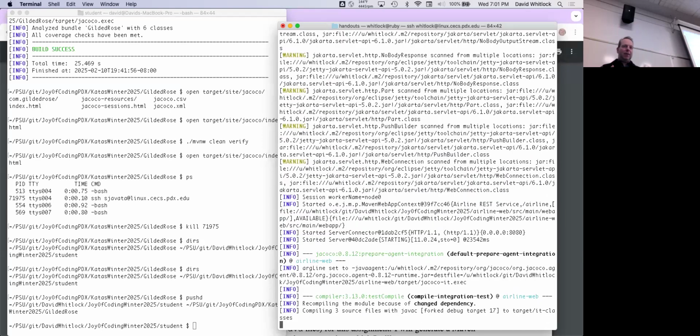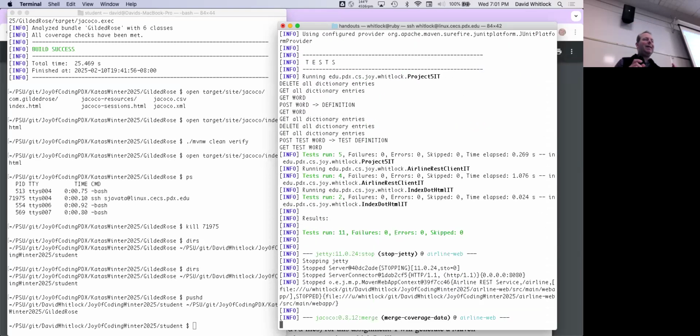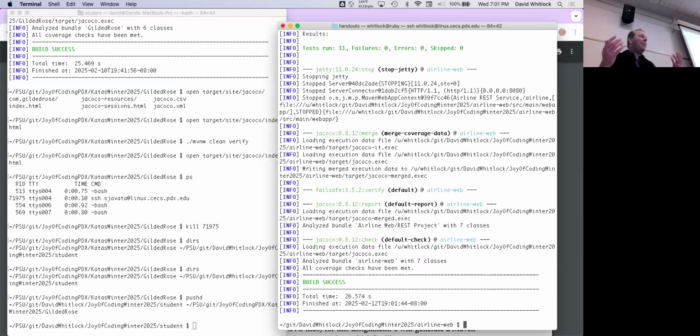The biggest difference, conceptually, between the first projects and Project 5 is that now it's a distributed program. You have two processes talking to each other. You have two Java virtual machines talking with each other. You have the long-lived web server, and then you have a command line program that comes and goes. And what we're working with is both of these programs, and we'll see not only how to develop them, but more importantly, how to test them, because there are some testing techniques that fit really nicely with the Servlet API,